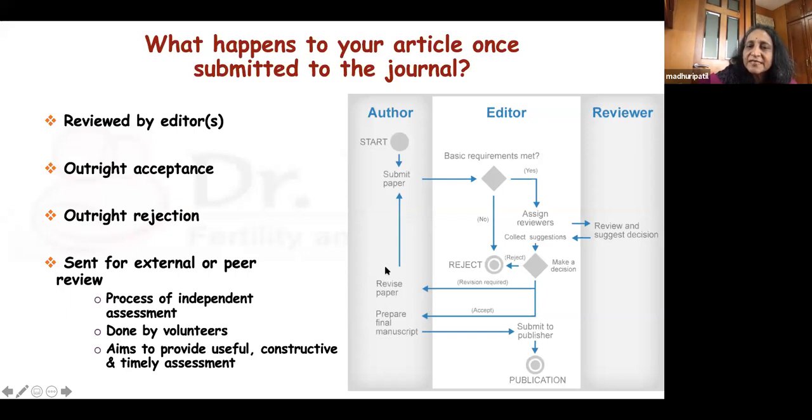Once the paper is received again after revision, then there are 2 things. One is that if the reviewer has said that if the said changes have been made, then the editor can accept the paper. But if the reviewer says that he has to see the paper again, then you need to resend it to the reviewer, wait for his comments, and then either you accept it or again you send it for re-revision to the author.